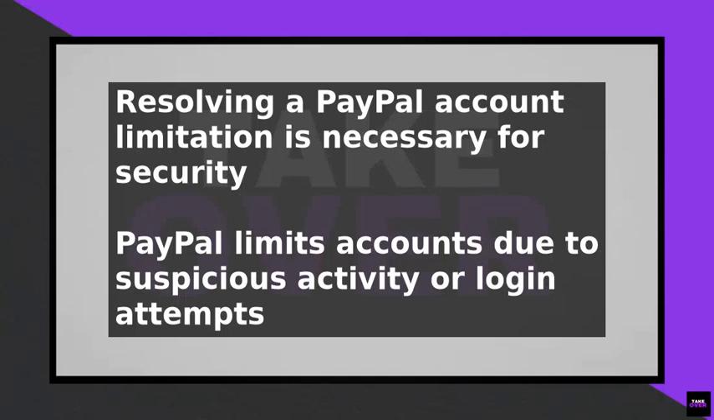Resolving a PayPal account limitation can be a frustrating experience, but it is often a necessary step to ensure the security of your account and prevent any potential fraudulent activity. To begin, it is essential to understand why your account may have been limited in the first place. PayPal typically limits accounts due to suspicious activity, such as a sudden increase in transactions or login attempts from unfamiliar